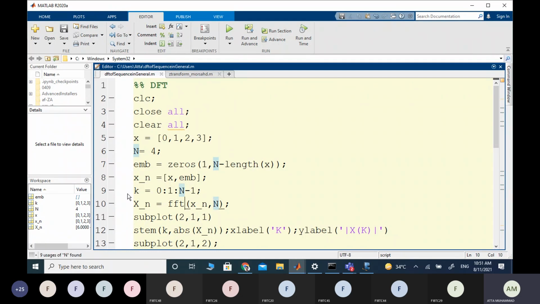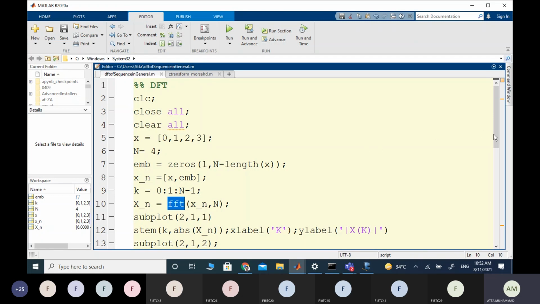This FFT is fast Fourier transform. We will also derive this fast Fourier transform, how to compute it, where FFT has come from and how it is derived from DFT. It is not a separate transform technique, it is an efficient algorithm to compute DFT. We'll see in a couple of lectures how FFT is efficient, because before the advent of FFT, DFT was not used because of its computational complexity. When FFT was introduced, DFT started to be used in our communication systems more than anything else.